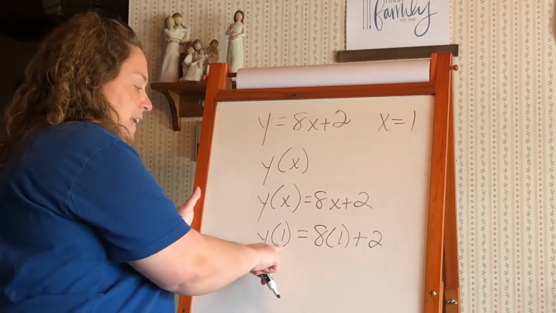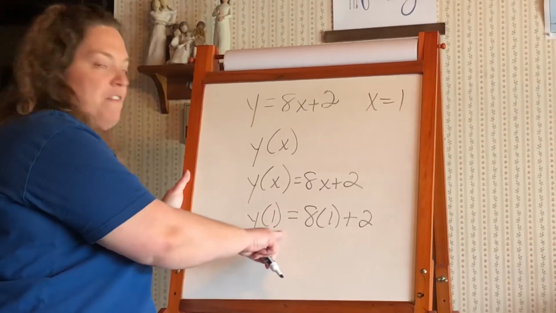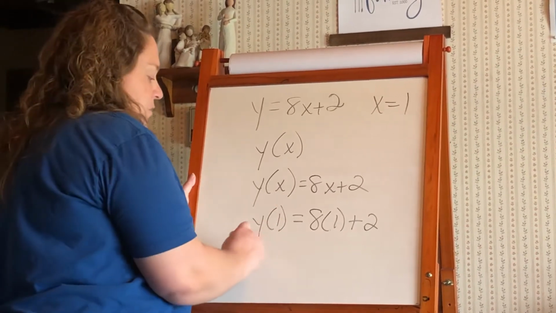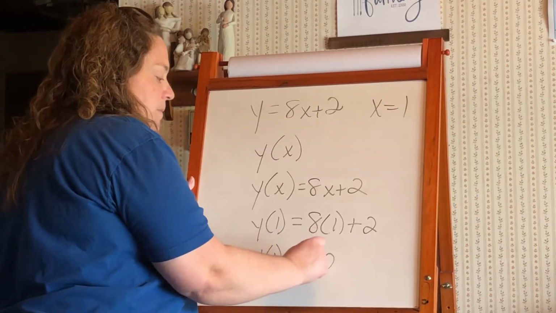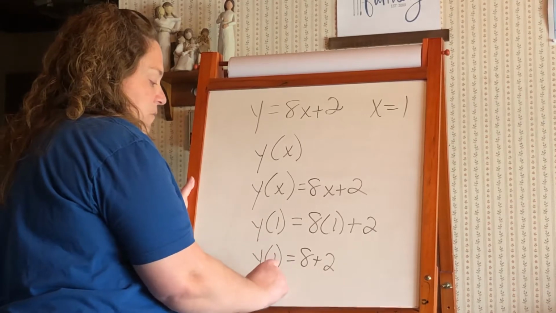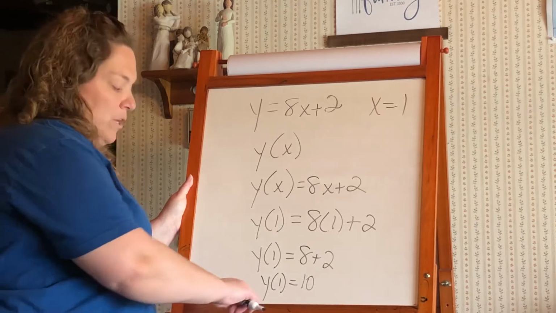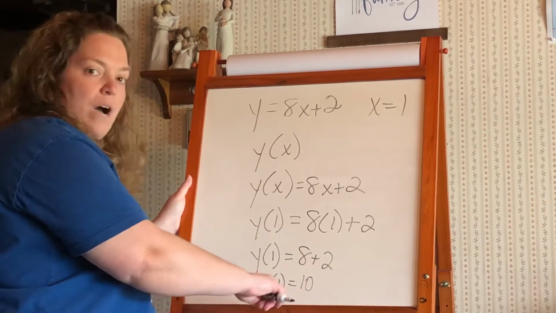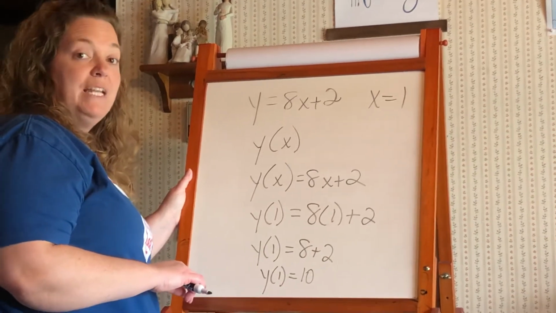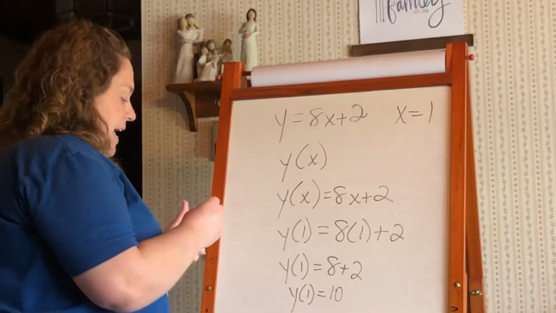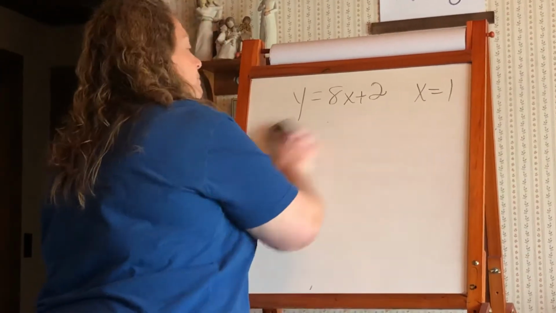But this one, we don't solve for this one. This is just part of the functional notation. So now we will do y of 1 equals 8 plus 2. So y of 1 equals 10. That's where we stop. We don't solve by dividing by 1 to get rid of it. This is just part of functional notation so that when we look at an answer,